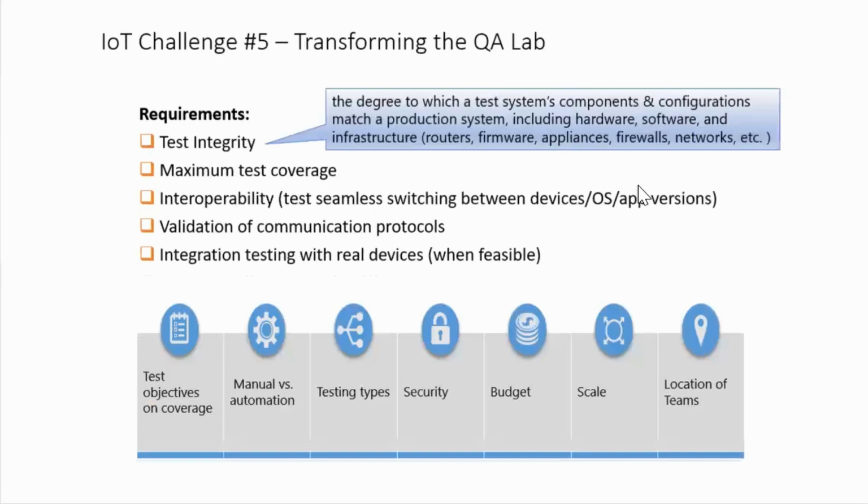So the last challenge is around the lab. That's the most important one. Obviously, you need to make sure you have high test integrity. Test integrity is making sure that your environment, all your sensors, all your pieces, your firmware, all your software is as close as possible to production-like so that you have a valid test environment, right? Who here has written up a defect and the developer came back: environment issue, server issue? Everyone, right? If you've been doing testing for at least a year, that's come back at least a quarter of the time.